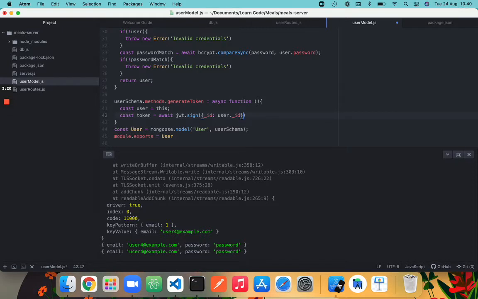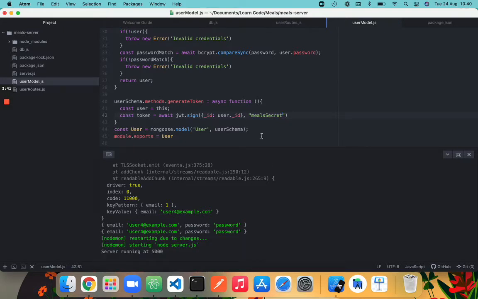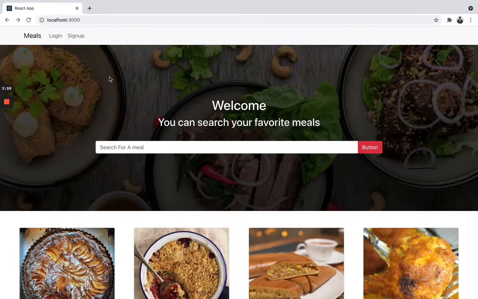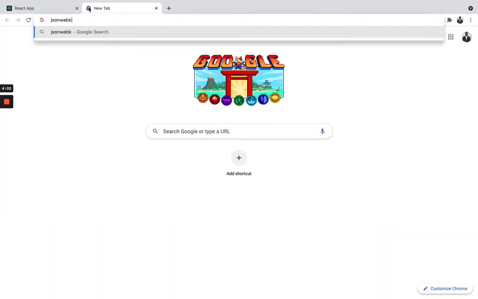And we'll use for that a secret, because we need a secret that is going to help us sign our token. So we can say here whatever you want. I can say mail's secret, but most of the time you will have to keep this in the env file, so that when you commit this, people won't see it, because that's what you will need to decode this token. So if I say JSON Web Token like this,